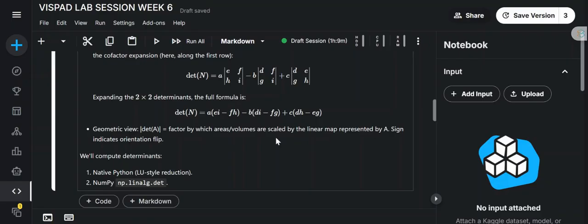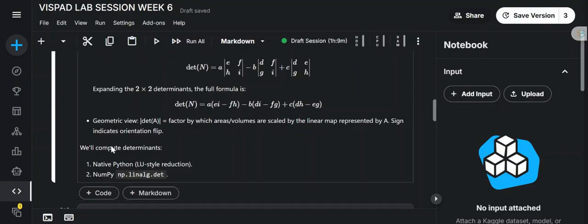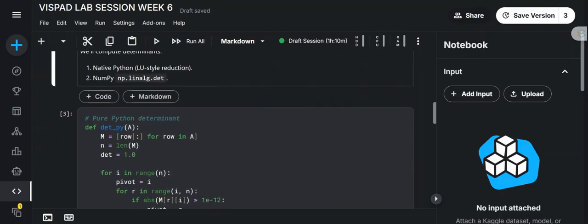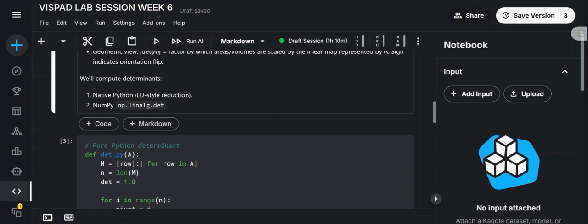So the polarity of a determinant, or the sign of the determinant, whether a determinant is simply negative or positive, indicates the orientation of flip. Okay. So now we are going to compute determinants using native Python and NumPy. And then the native Python computation for the determinant is